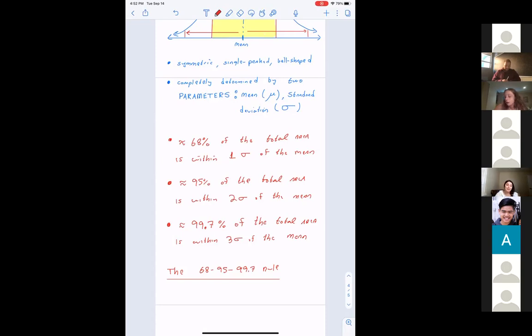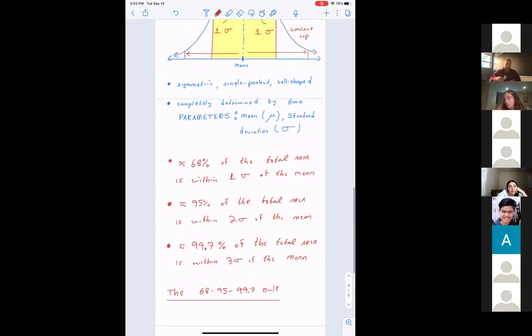Anyone? From what I saw so far, maybe 68 to 95 is one standard deviation, and from 95 to,